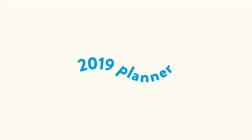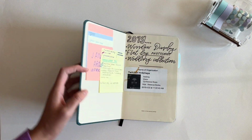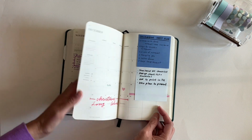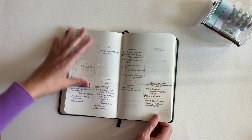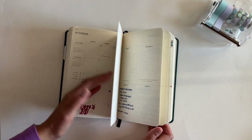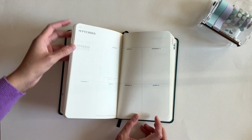Next is 2019. This is the year I was working 2 jobs. I was working full-time as a UX designer and also teaching paper flowers on the side. So I honestly got so busy that all my planning was done digitally. That's why there's a lot of empty pages here. I ended up using Notion and a digital calendar more, but for the sake of this video,